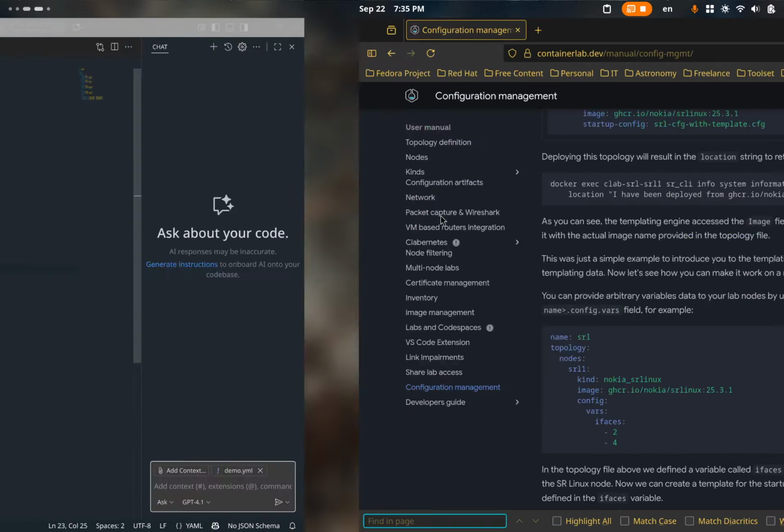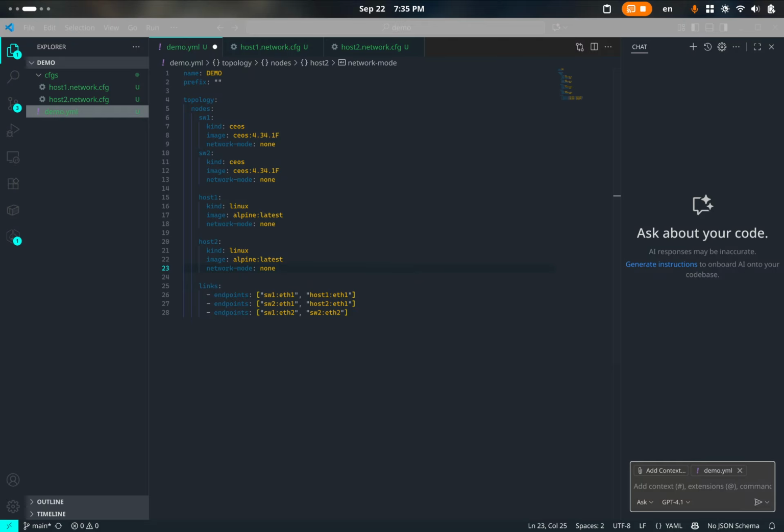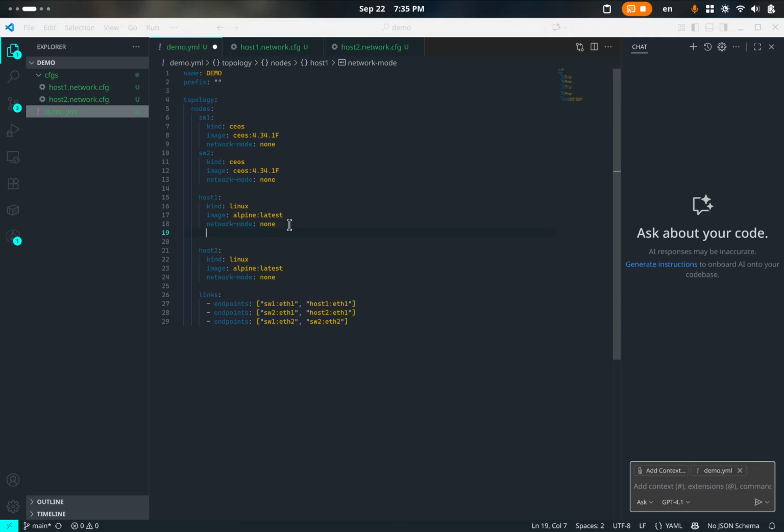Yeah, not really, but anyway, I'm going to show it right here. There's no need for anything else. So it's called binds. We're going to go under host 1. We're going to say binds, and we have to specify the relative path to the directory where we store our